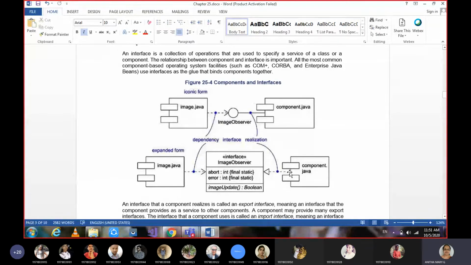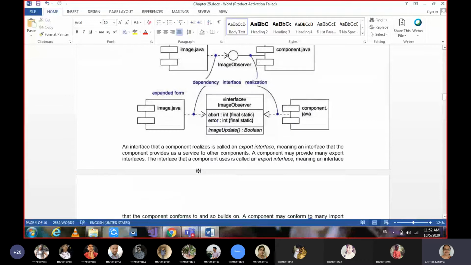Okay, so here we are showing component.java is realized through this interface, or the methods in this component are applied for the abstract methods of this interface. That's why we give realization. And then dependency. So this means the same. Okay.